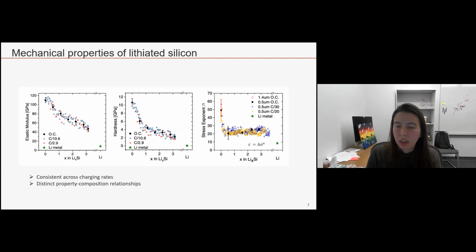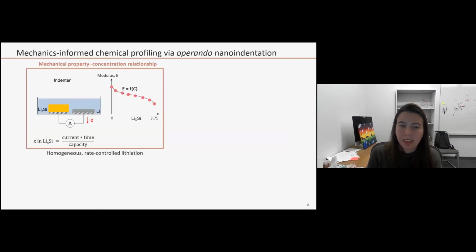But that's not all. We need to look at the kinetics, and that's a little bit more complicated. So this is a very different path that we took. We are trying to profile the chemical composition of the sample through our knowledge of this mechanical property and concentration relationship. So this is what I've done before. I know the relationship between the modulus and concentration. Now what I'm going to do next